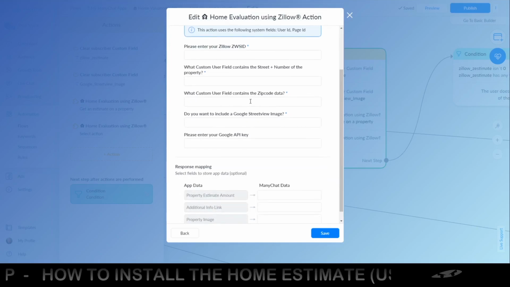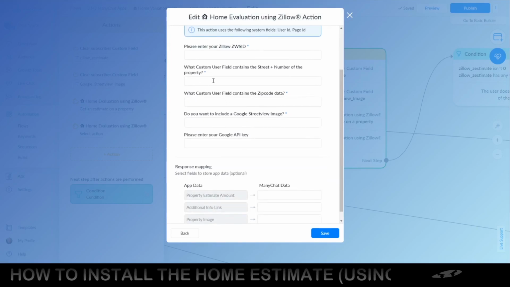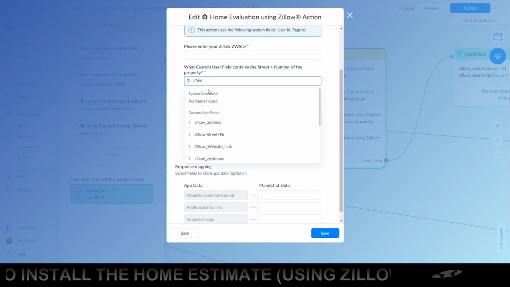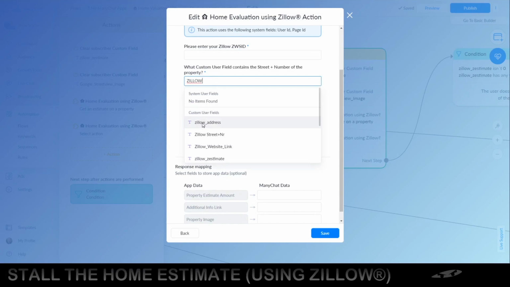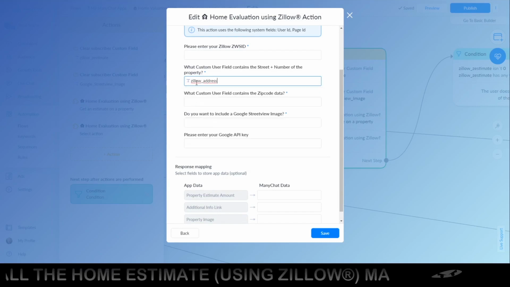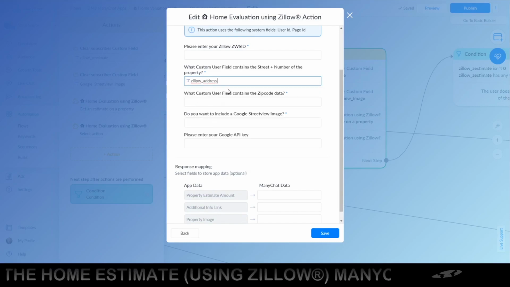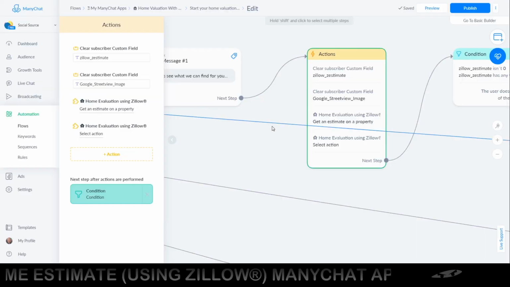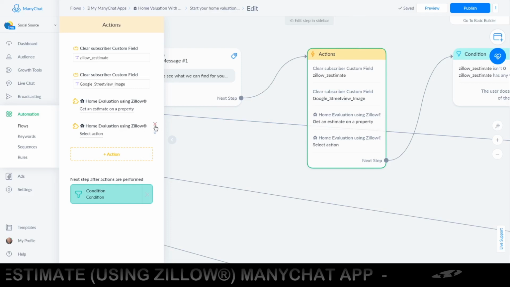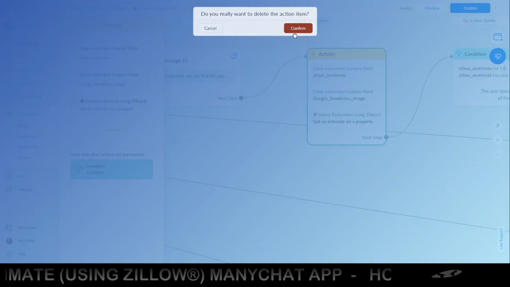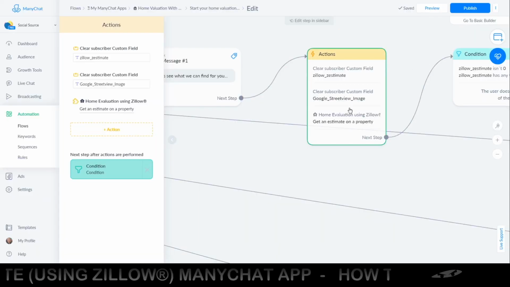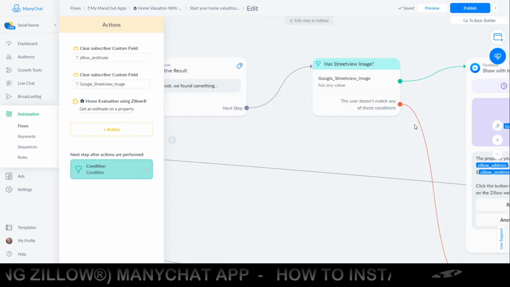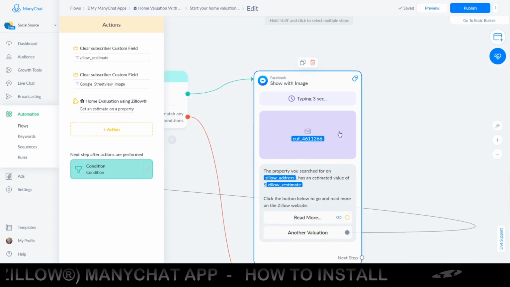So Zillow address, we can just type in Zillow and here it is, Zillow address. And if you select that, then it will be used to calculate the value. So that is how that works. And like I said, it will also create the custom user field for the Google image. And